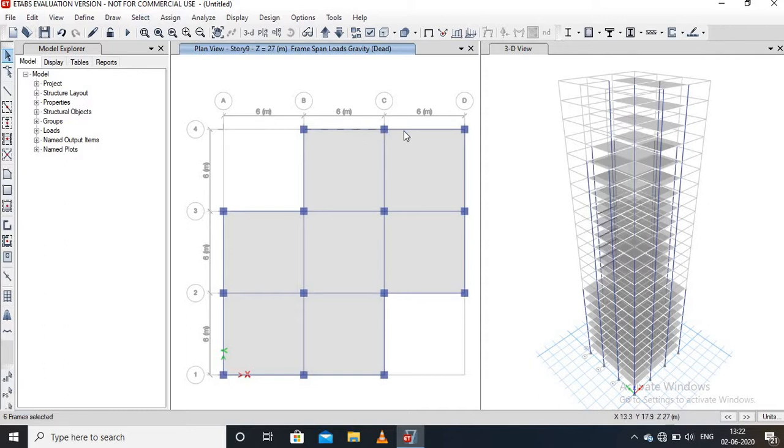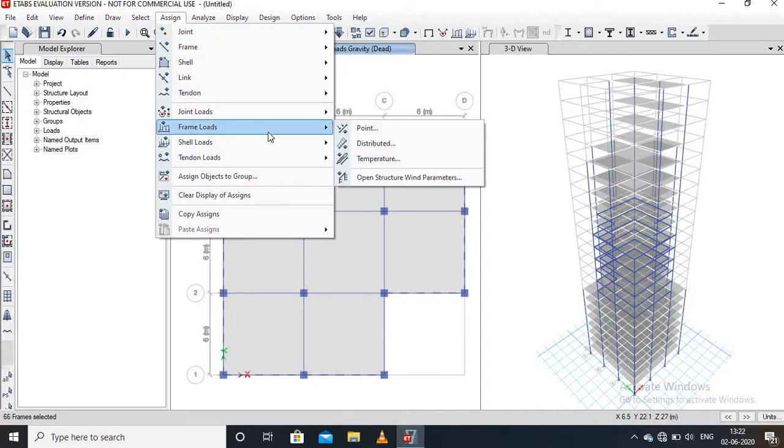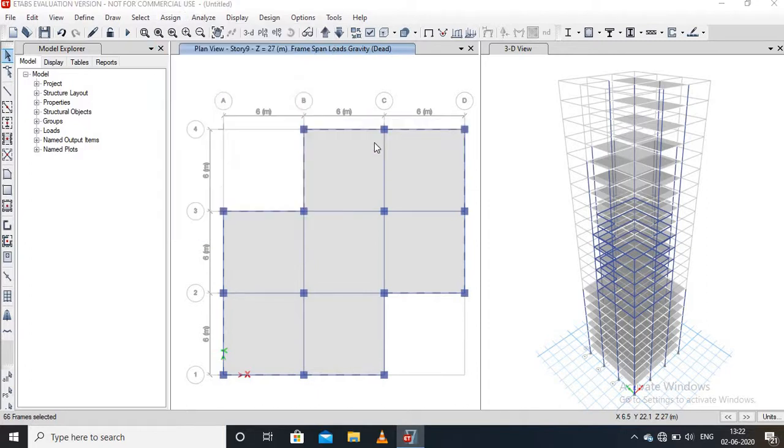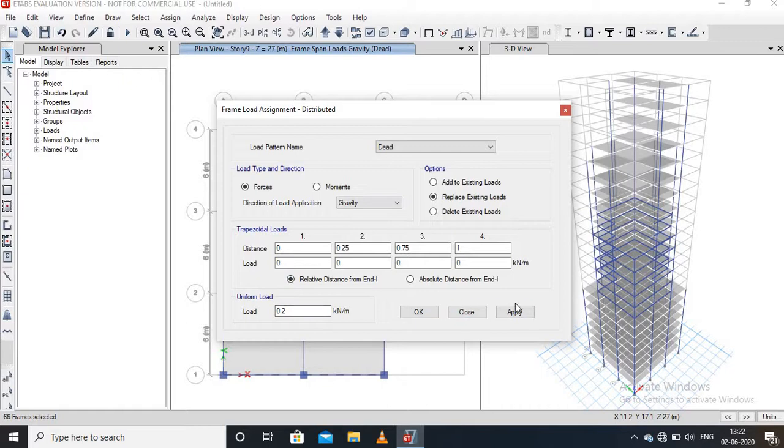Select all the exterior walls. All exterior walls are selected, then apply the cladding load. Go to the Assign menu and go to the frame load option, then go to the distributed load in a similar manner.